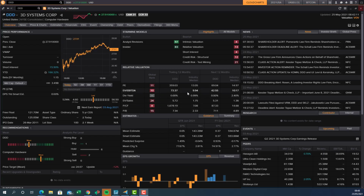Good morning, traders. Just a quick update on Triple D Systems. It was mentioned on the WhatsApp group, and I thought I'd have a look at it. It's a 3D printing company, and